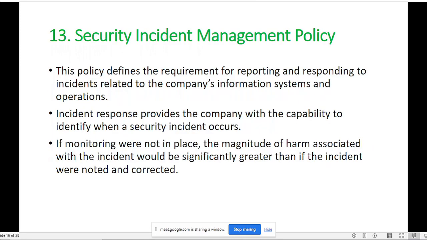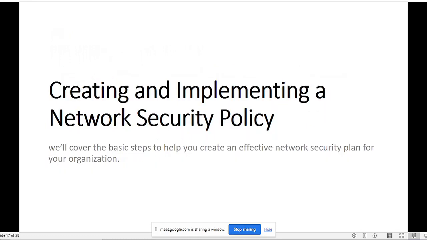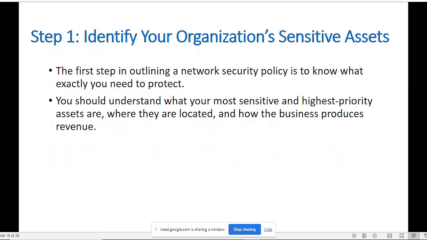So those are some of the main policies that we can always talk about. So when you are structuring or coming up with a network policy, you should consider having those sub-policies within your main network security policy. Again, let's look at the basic steps that you need to carry out when you're implementing a security